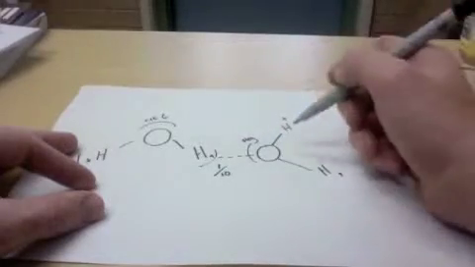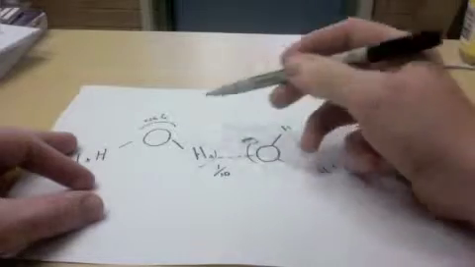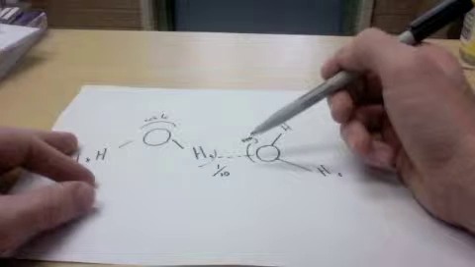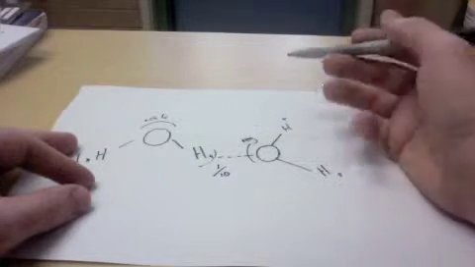So it's incredibly strong. It's almost like the H2O molecules have now formed a super water molecule, but this is happening for billions and billions and trillions of water molecules at the same time in a sample of